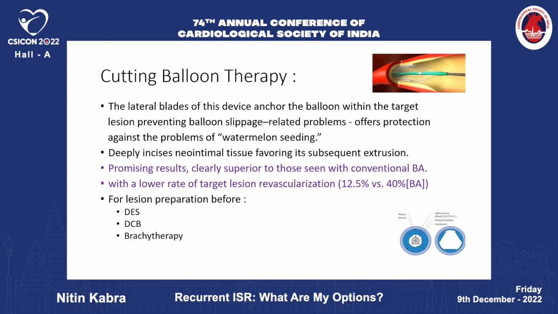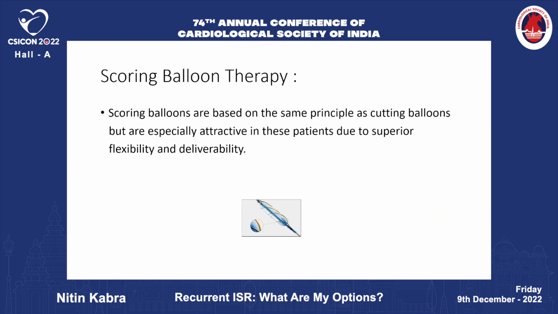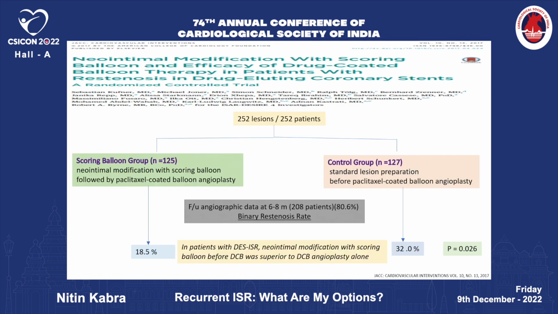A cutting balloon may also be used for preparation before implantation of a drug-eluting stent, a drug-coating balloon, or vascular brachytherapy. A scoring balloon is based on the same principle as a cutting balloon, but especially attractive because it's more flexible and deliverable. In this study, neointimal modification was done with a scoring balloon before drug-coating balloon therapy, and they found that neointimal modification with scoring balloon before drug-coating balloon was superior to drug-coating balloon angioplasty alone. So, lesion preparation with either cutting balloon or scoring balloon is one of the important concepts for the treatment